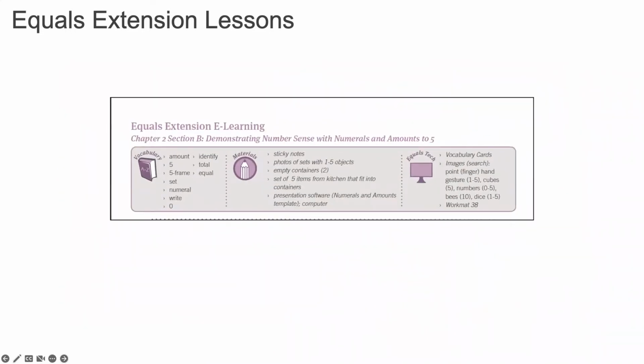Along the top of each extension page, there is a chapter and a section identifier. Below is a gray material box to support teachers with identifying the needed materials. The materials box is organized into 3 parts: vocabulary, materials, and equals tech. Vocabulary words can be found in the vocabulary cards folder within the Equals Technology Lesson Center. The listed material section of the material box are those materials that would be provided by you as the teacher